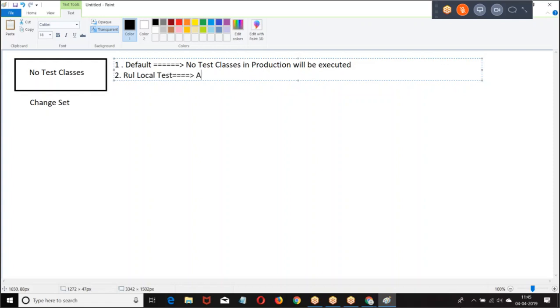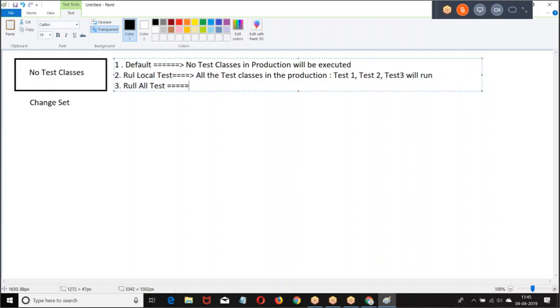We choose all the test classes, including test classes in packages.